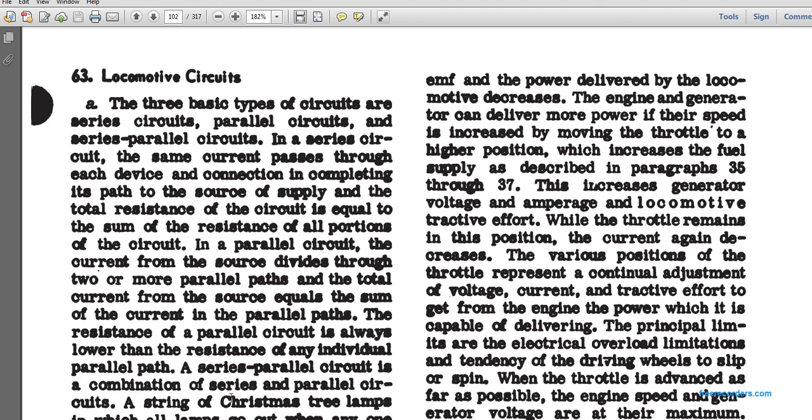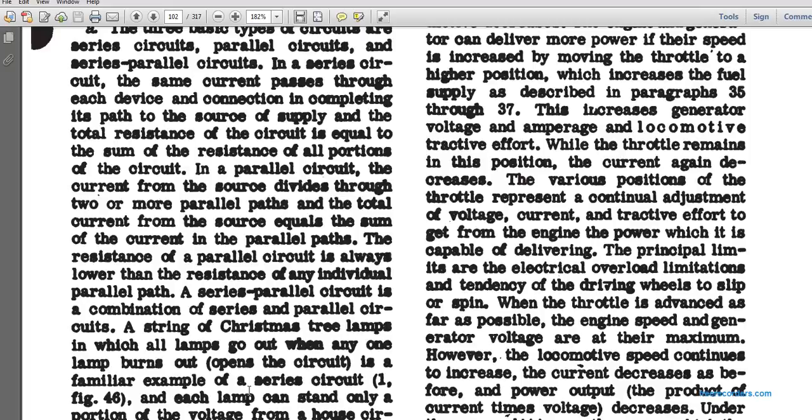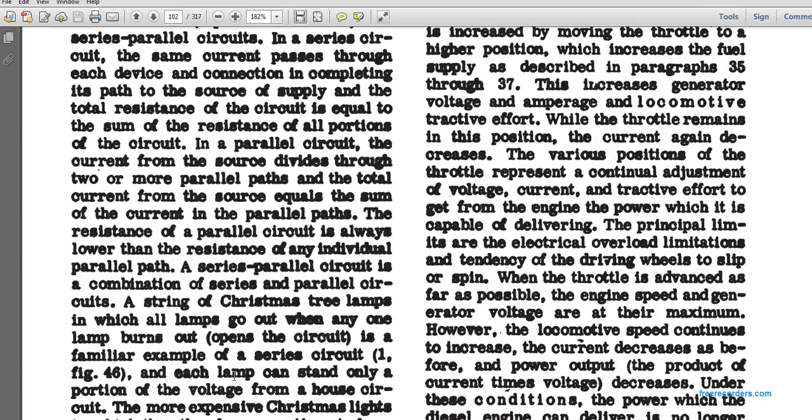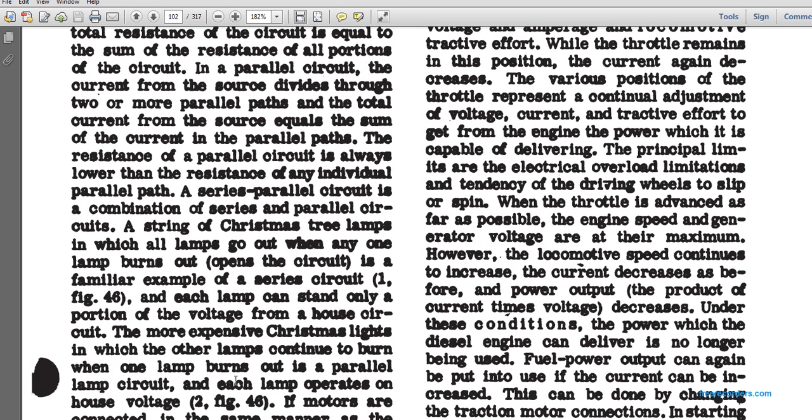The string of Christmas tree lamps, in which all the lamps go out when one lamp burns out and opens the circuit, is a familiar example of a series circuit. Each lamp can stand only a portion of the voltage from a house circuit. The more expensive Christmas lights, in which other lamps continue to burn when one lamp burns out, are a parallel lamp circuit. Each lamp operates on the